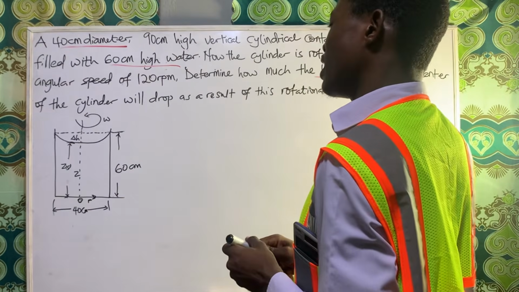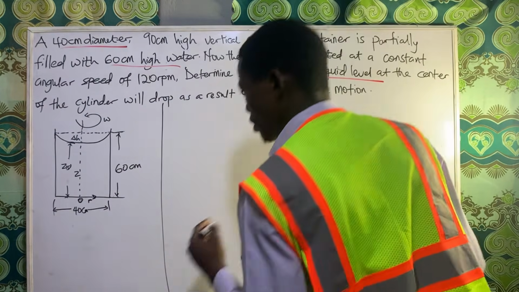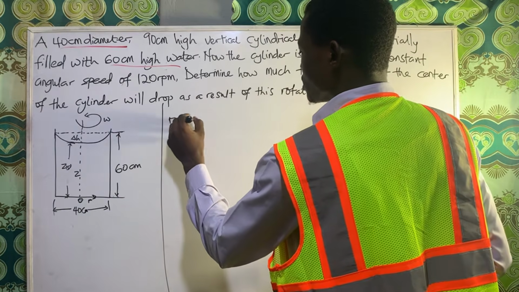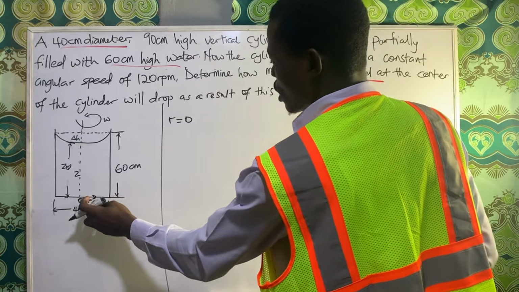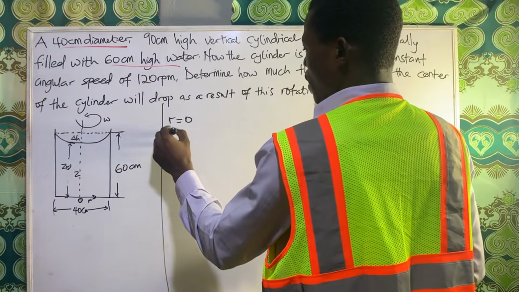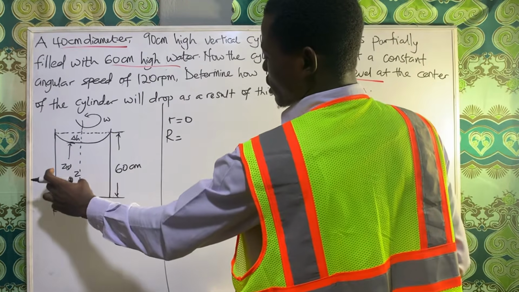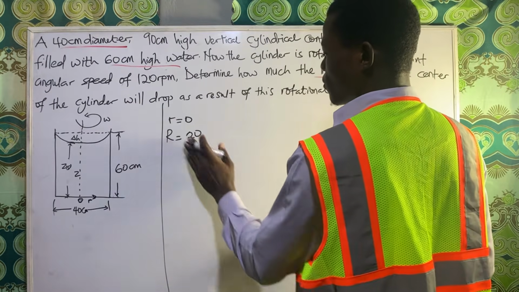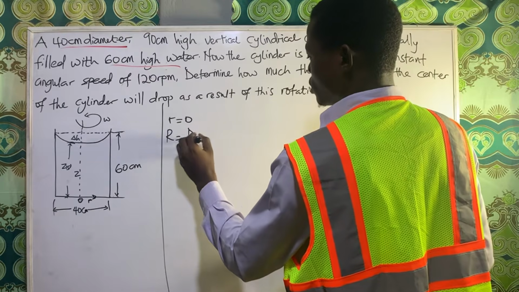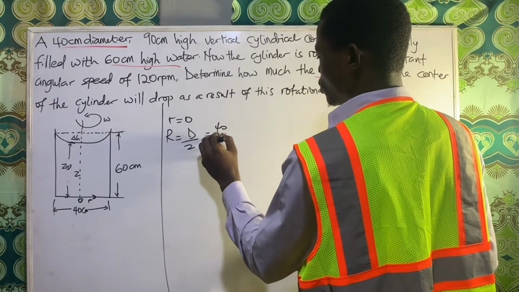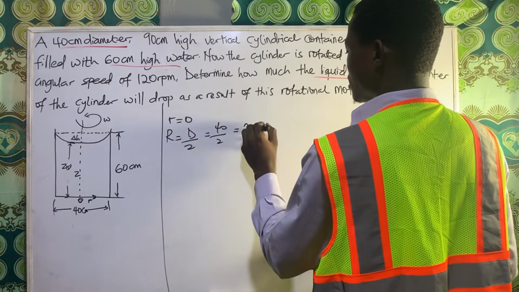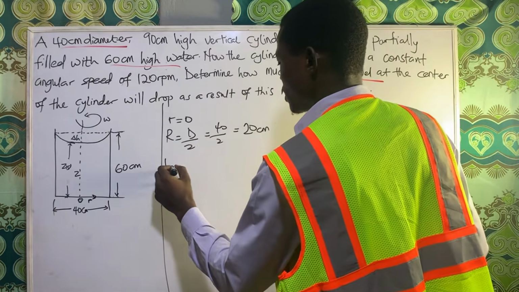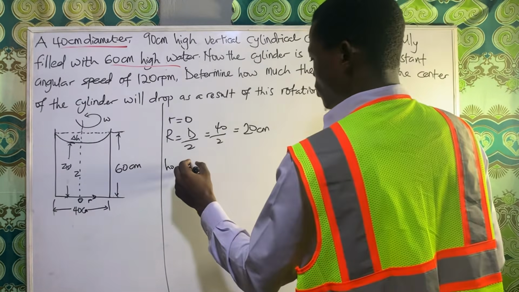In our analysis, we know that small r will be equal to 0 since it's at the bottom. Our big R will be equal to half of the diameter of the container, so D over 2. That's 40 over 2, which is equal to 20 cm. And we have our H naught, which is our original height, to be 60